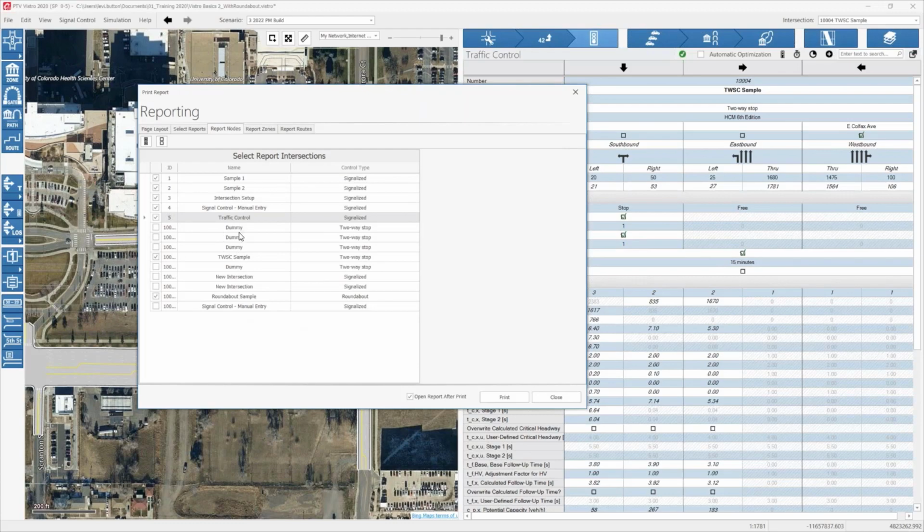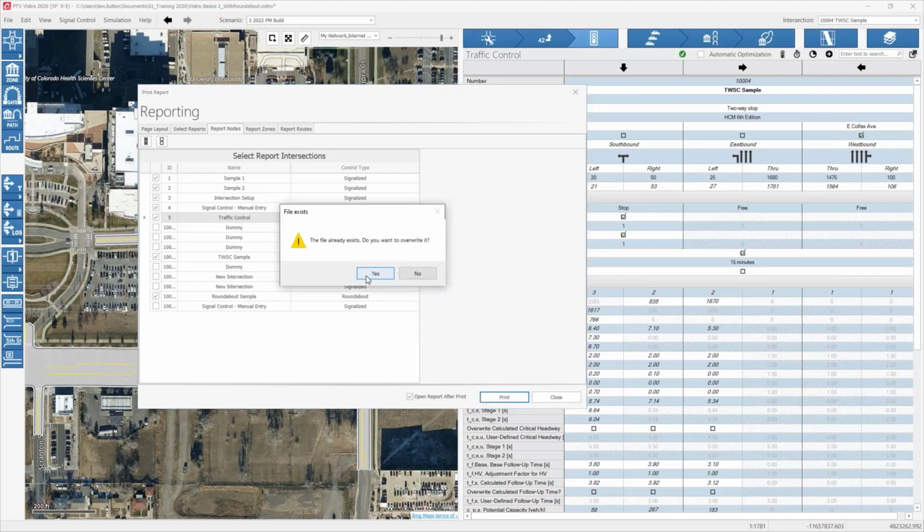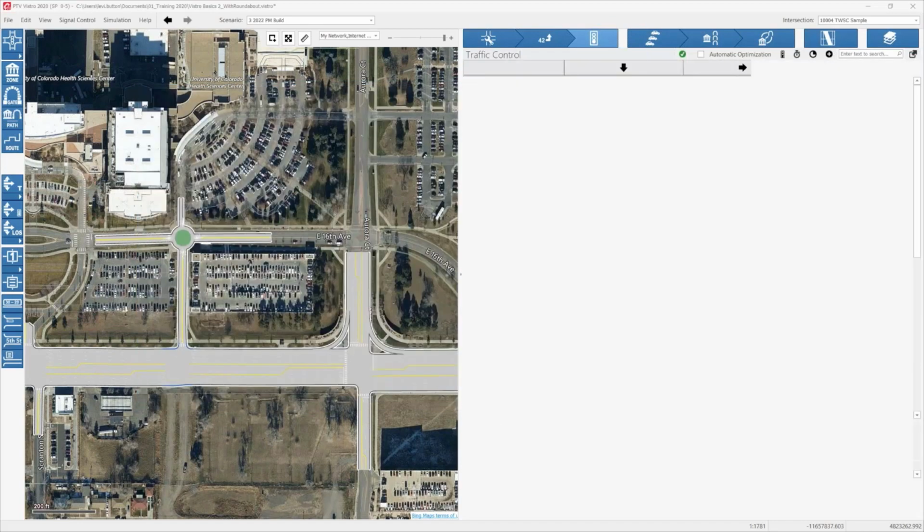That way, if you have some dummy intersections or something like that, you won't necessarily need to include those. Lastly, I'm going to make sure I have this open report after print, and then I'm going to hit the print option,